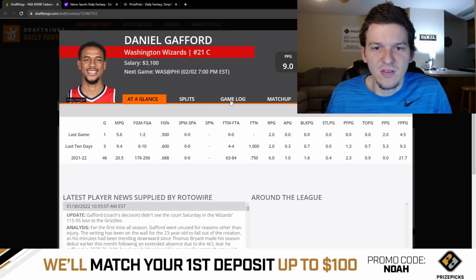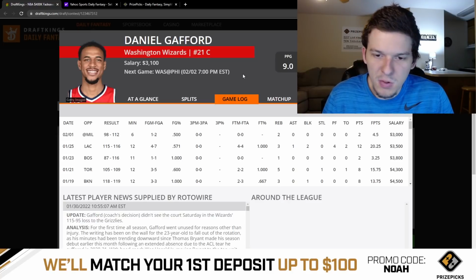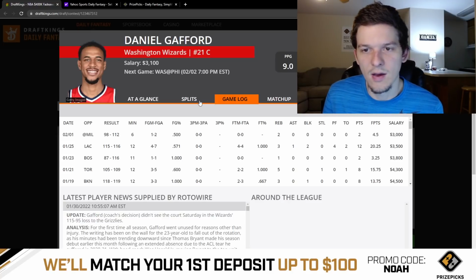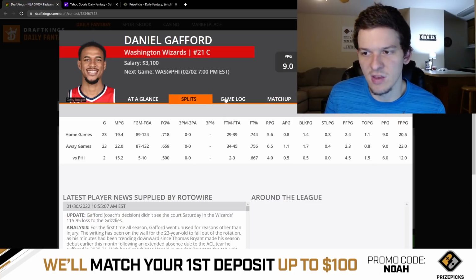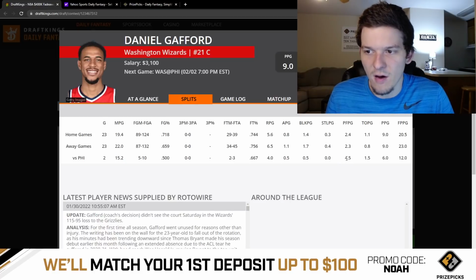But I do want to mention that Daniel Gafford is only 3,100. I'm guessing he will start at center and probably play like 20 to 22 minutes. I think he's a decent value play on the slate, even though it's a tough matchup against Embiid, even though there is a lot of foul trouble risk. He has really struggled against Embiid this year. He's really struggled with fouls. He's played an average of 15 minutes through 2 games against the Sixers, and he's averaged 4.5 fouls